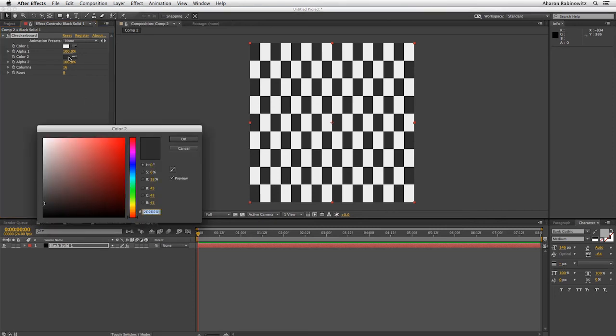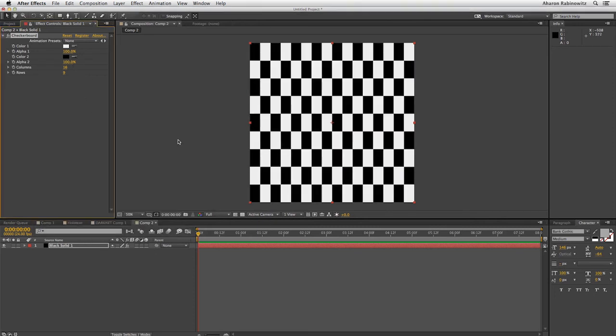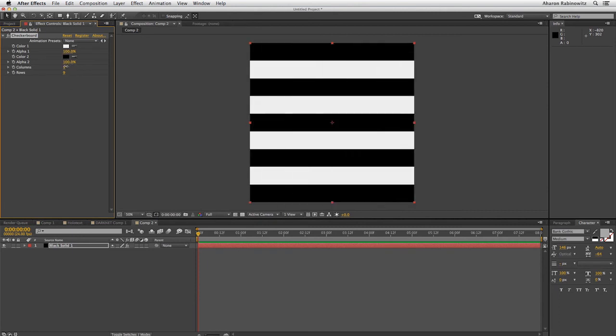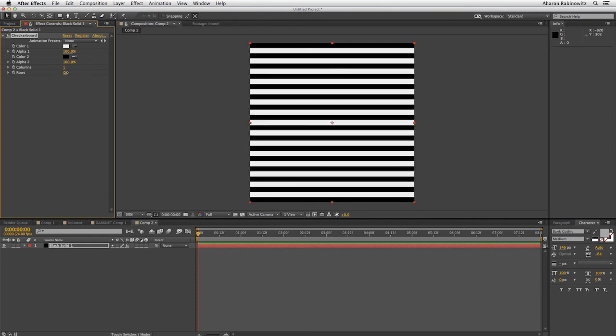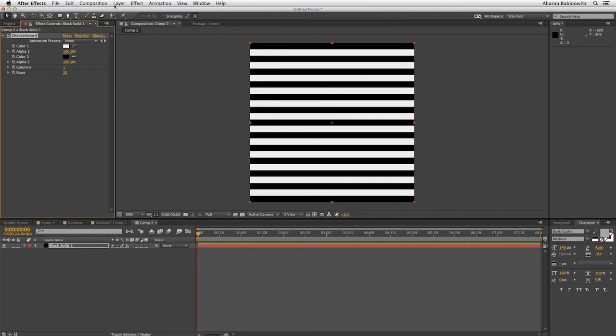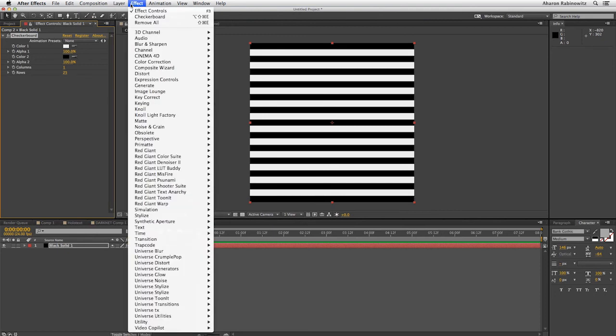Alright, so I'll set this to black, and let's just spread out the columns a bit. Let's do this, just like this. That'll do the job, but maybe have a few more. Maybe let's go with 25. That'll do the job. And on top of that, I'm going to choose Effect, Universe, Noise, and we'll go with